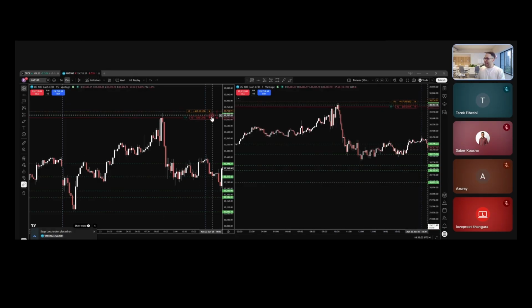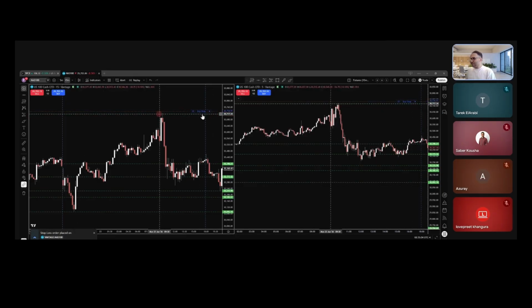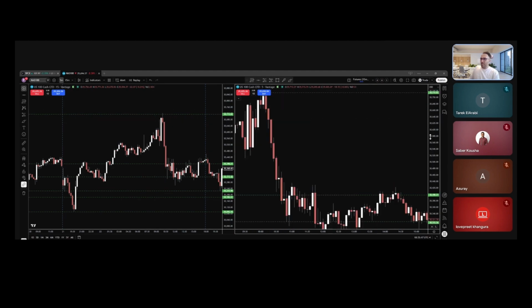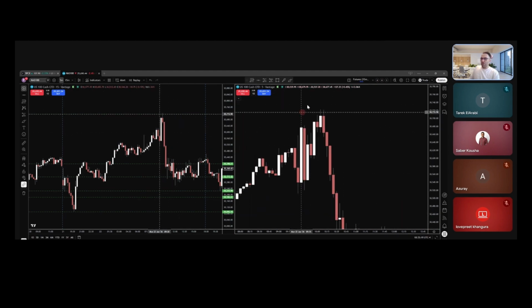But in that case, since I have a level here, I would say maybe I see what's coming in the 15 minutes here. And if I zoom into the 15 minute here, I'm sorry, that was 15 minutes. That's a 5 minute chart here. What do we see here, guys? When we reach the top here, what we see here,